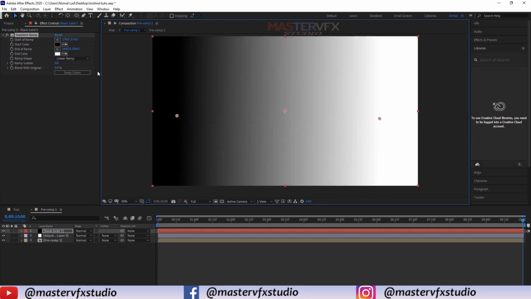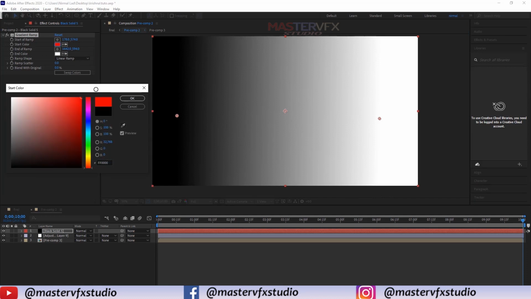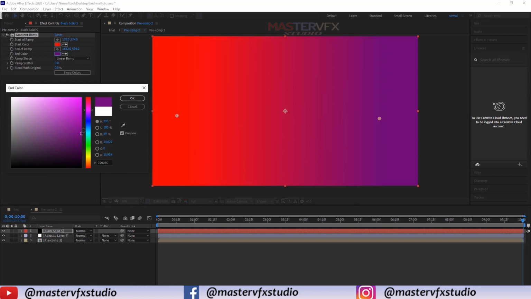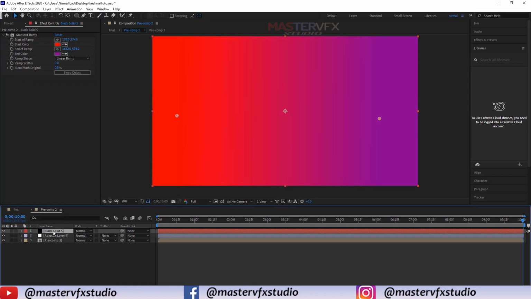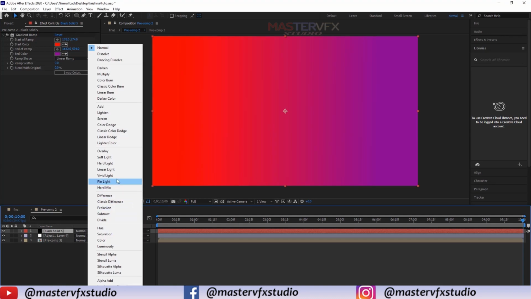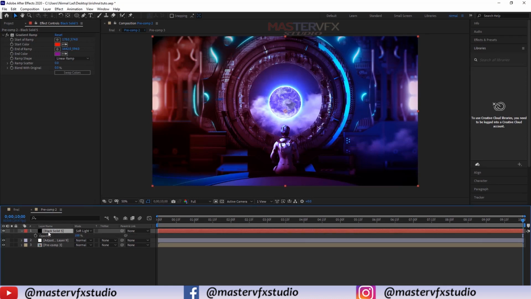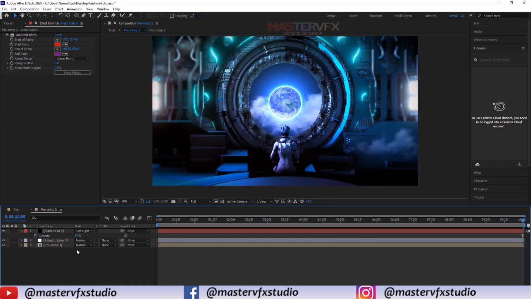Okay, and change its color to red, and the other color is I think a blackish purplish kind of color, right? And change its blending mode to around soft light. Okay, and decrease its intensity up to 20%.